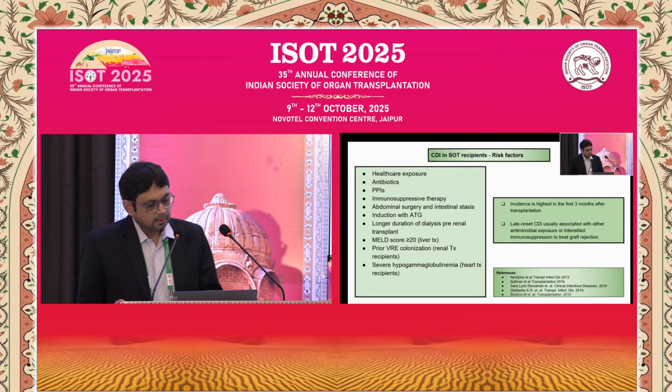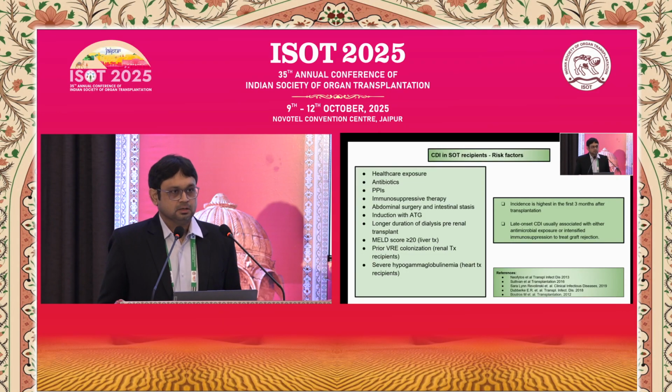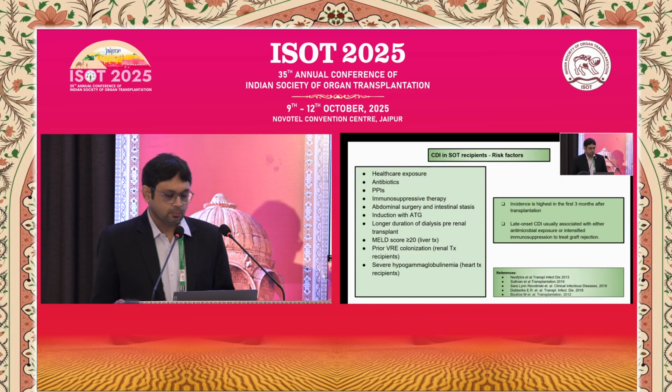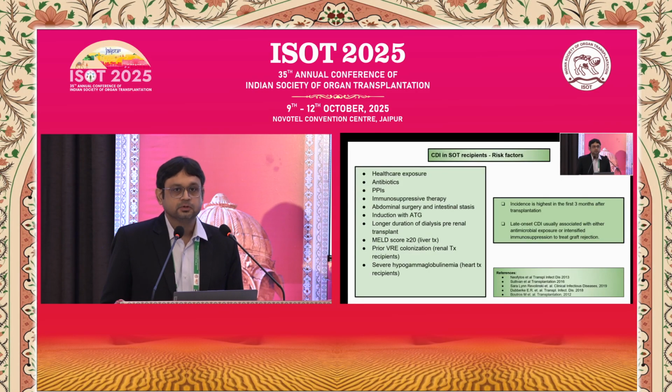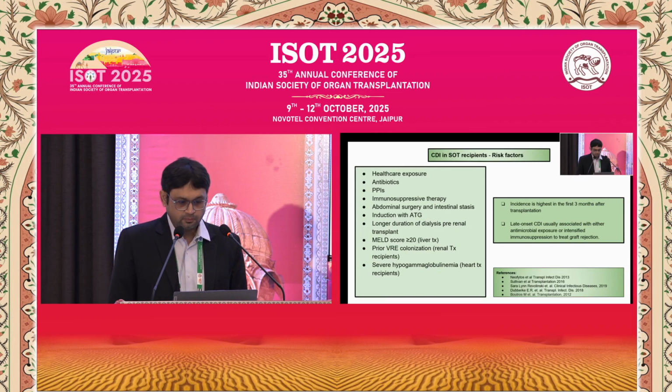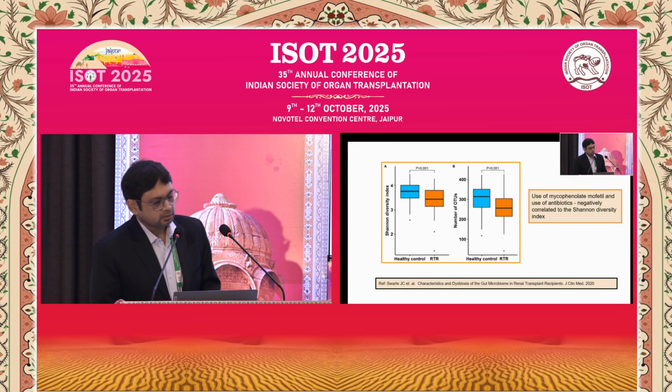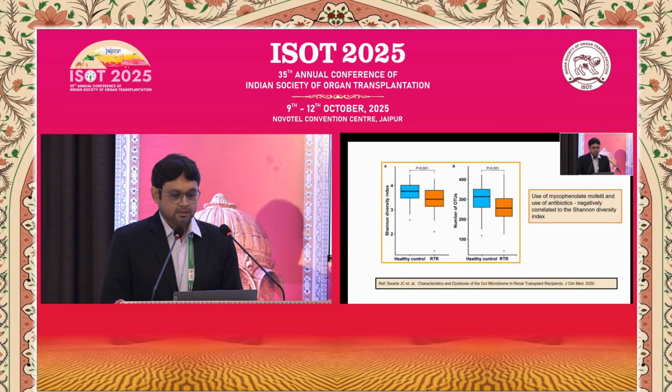For example, late asymptomatic bacteriuria in the renal transplant patient. We'll have a session on that later in the day. So, these are good stewardship opportunities in this setting, because late-onset C. diff is usually associated with either getting antibiotics or being treated for episodes of rejection. So this is what the microbiome does through a renal transplant.